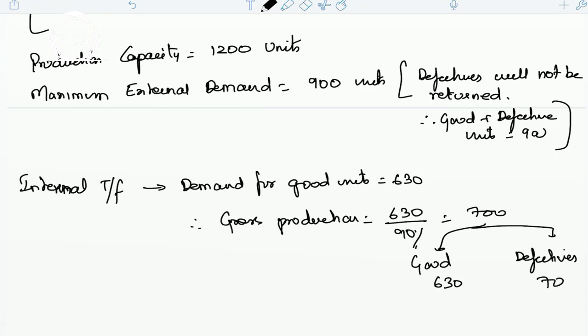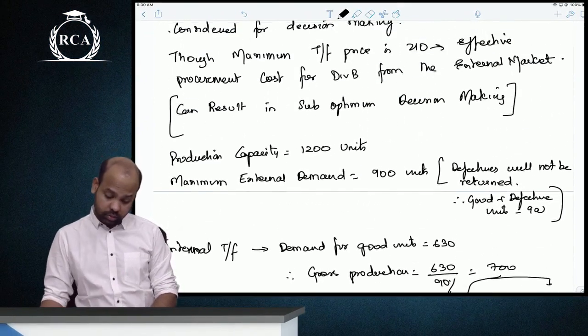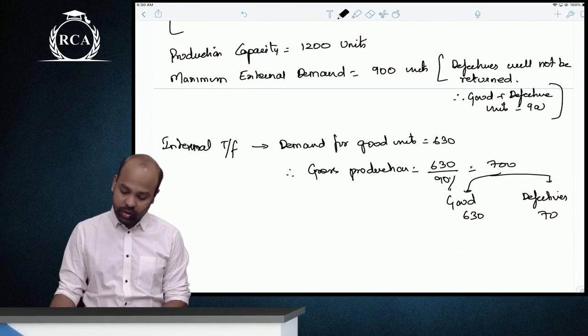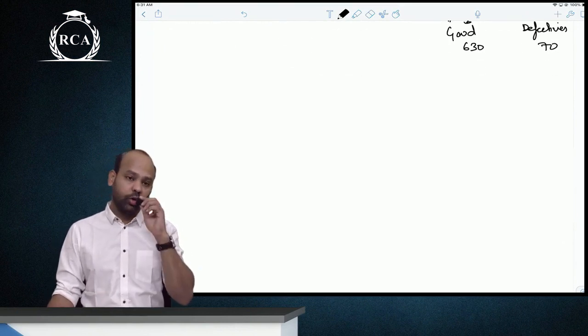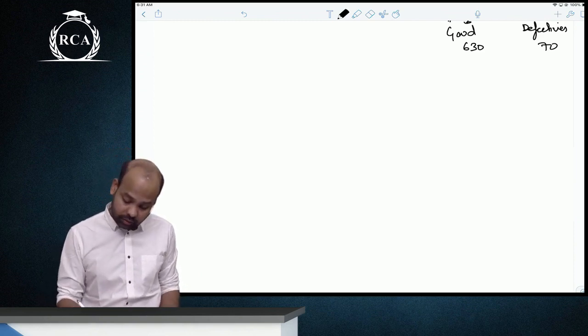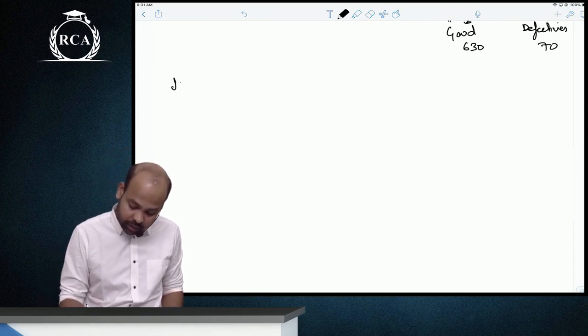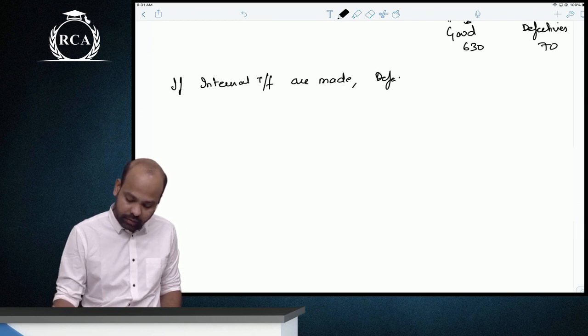Yes, guys. Now if you look at the next one as such beta here, ये तो हो गया बेटा सबका. Now guys, I will have to decide what is the effective contribution per unit from external sales, and what is the contribution per unit from internal transfers. First important thing beta here is, if internal transfers are made, I do not know whether I'm going to make them or not, but if internal transfers are made, defectives returned